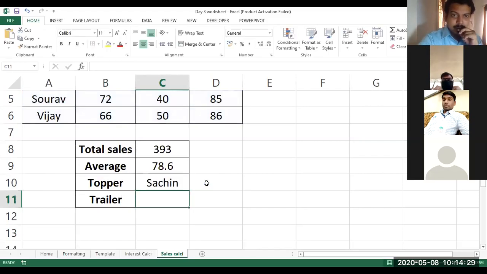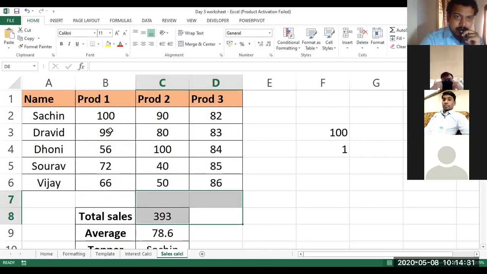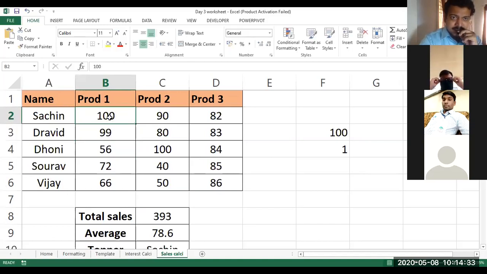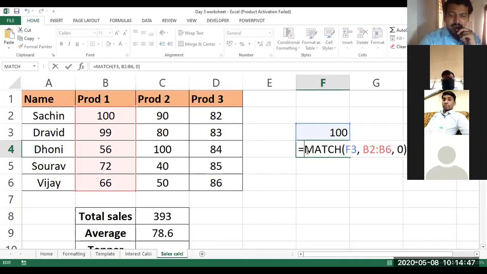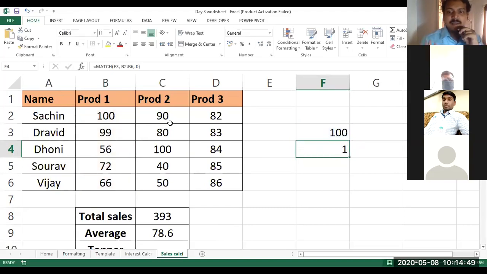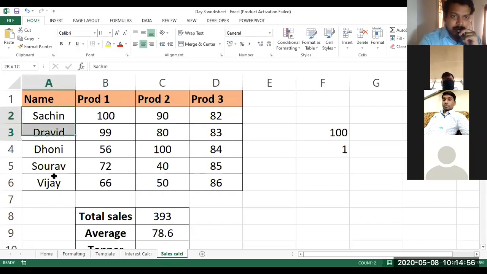So what Excel will do is go to this table, find out the position of 100, which is in the first row. Corresponding to 100, what is the value in the first column? That value is being displayed. So we are giving the second input through the match function. The third input is just the column number, in which column we need to fetch the corresponding name. The column number here is 1, because in the first column the sales executive names are there. So for the index function, the third input is going to be 1.